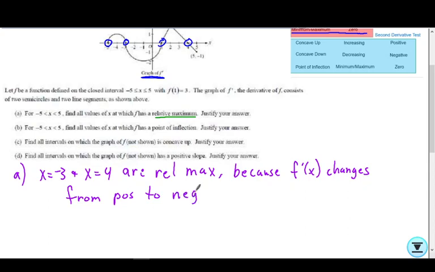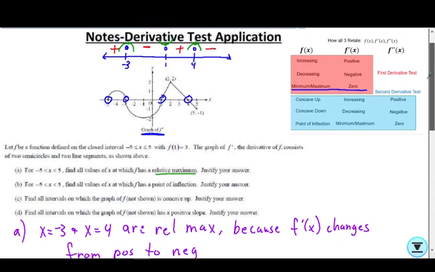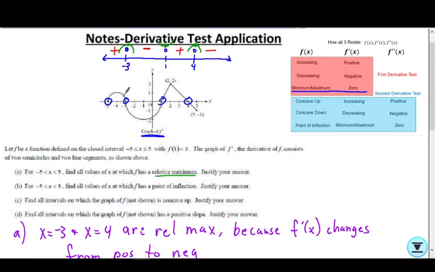Okay, so basically what we're saying is that because my derivative goes from the positive side to the negative side,